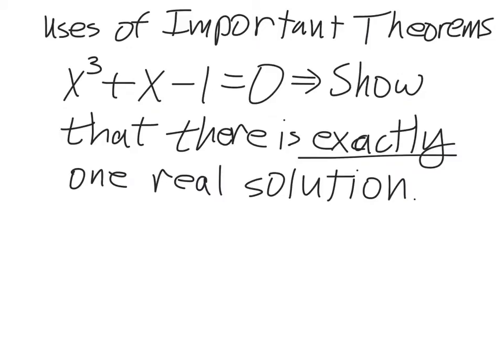has exactly one solution. Now, first of all, what that means is a solution exists. There may be more than one solution, but there's at least one. And then exactly says, well, a solution exists, but there's only one solution that exists. There's not two or three. So, taken in two parts, we'll be able to show that there is one and only one solution